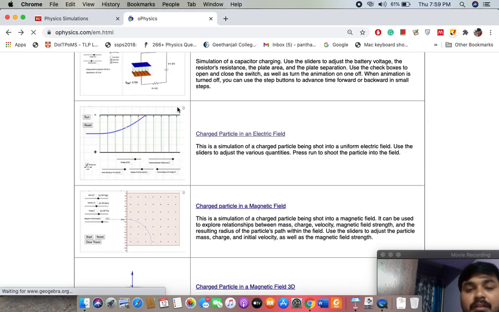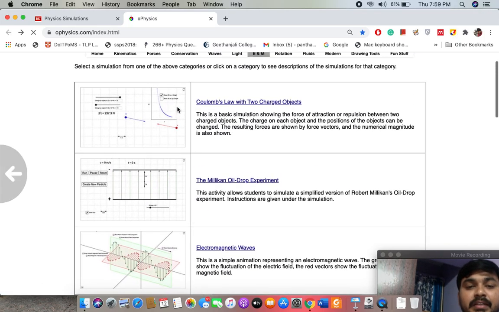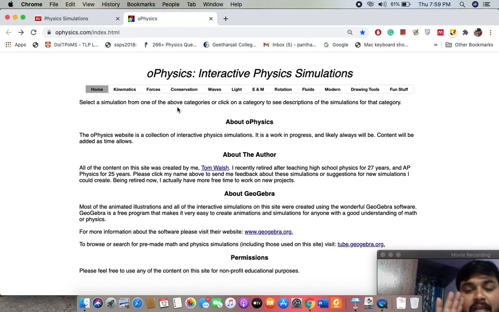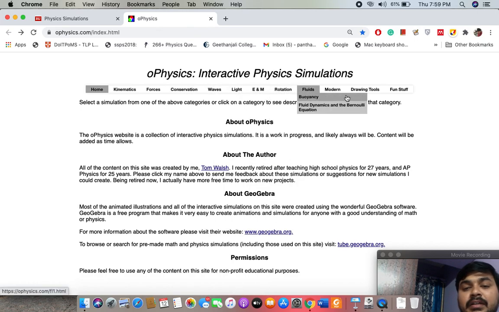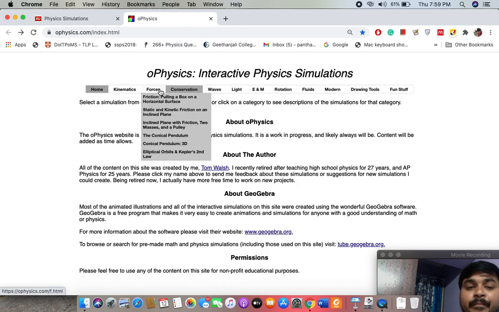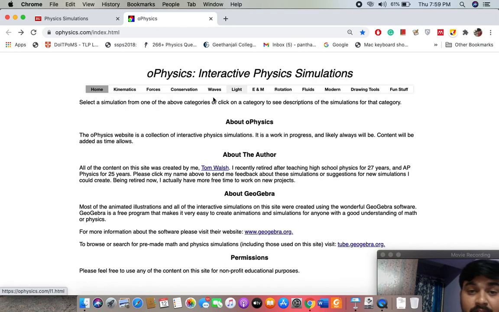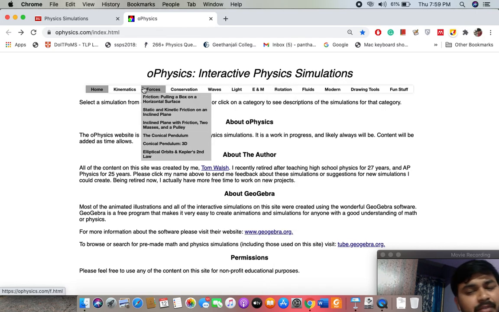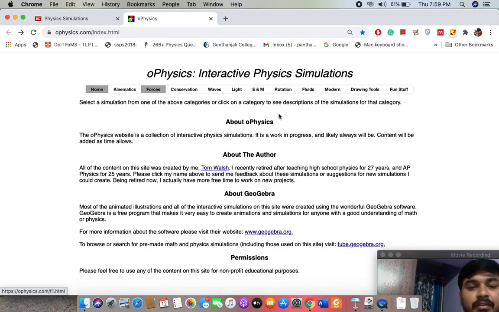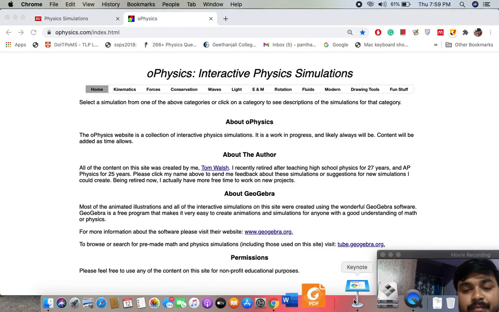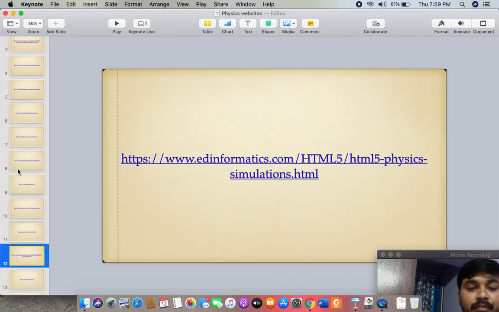So this is all about the website. Almost every intermediate level concept is available. See, these are the index. If you are teaching intermediate students, you can go to this website. If you have any doubt, you can contact me at any time. I will also give my contact number. So this is the second website, and I will show you one more website.